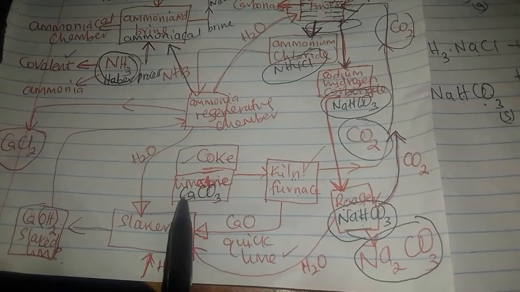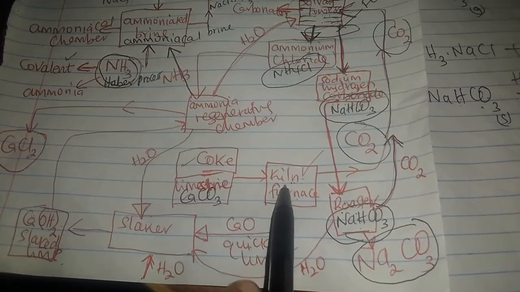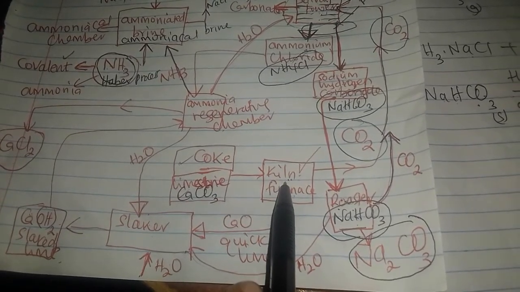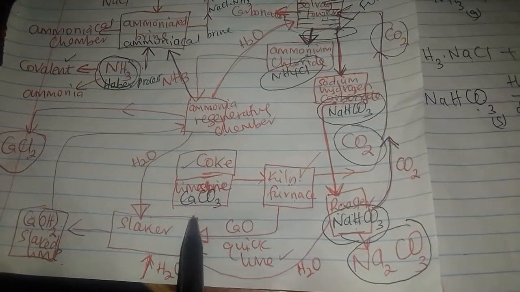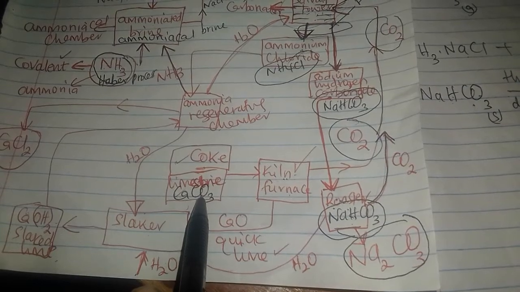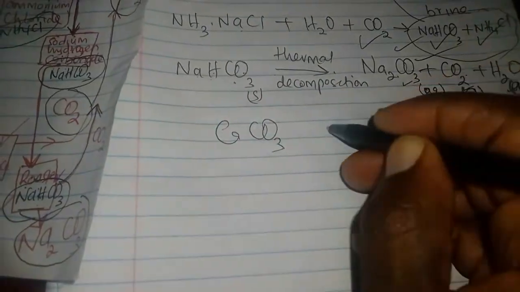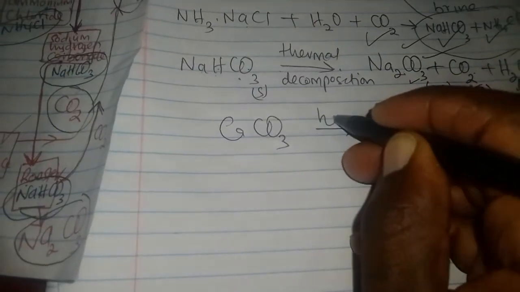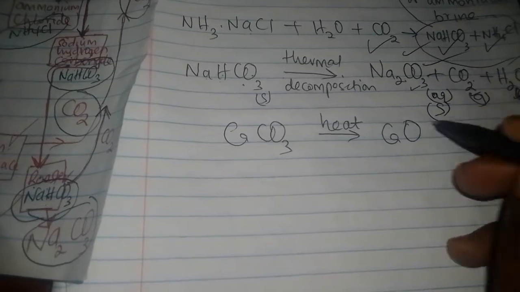Limestone or calcium carbonate is taken to the kiln. In the kiln or furnace, the temperatures are very high. What happens? The calcium carbonate, or limestone, also marble chips or chalk, undergoes what we call thermal decomposition. So the calcium carbonate undergoes thermal decomposition by the excess heat to form quicklime or calcium oxide